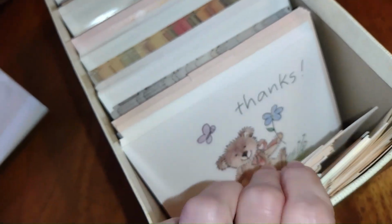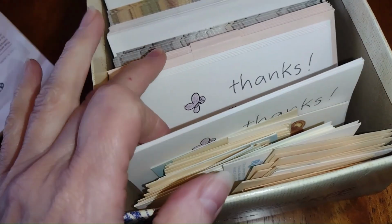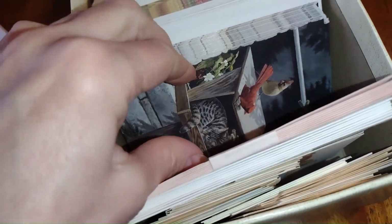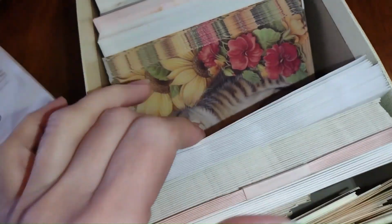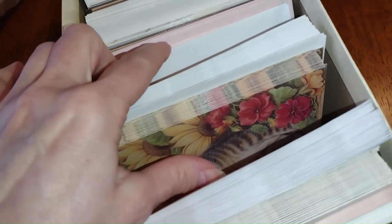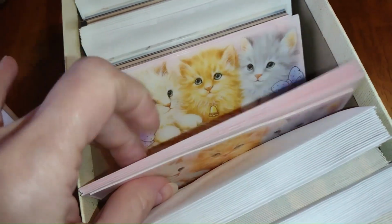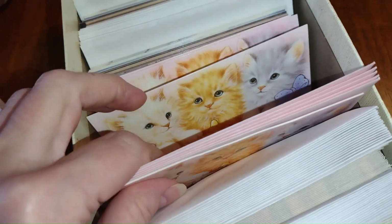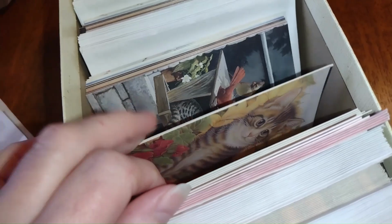And then I have this one here is a thank you. So there are several of those. And then there's the kitty cat one with some birds. Very cute. Another kitty cat one with some flowers. Cute. And this little kitty cat one, adorable. I think there's only, oh, there's some more. Okay, I thought there was only one, but look, there's some more. And then it looks like